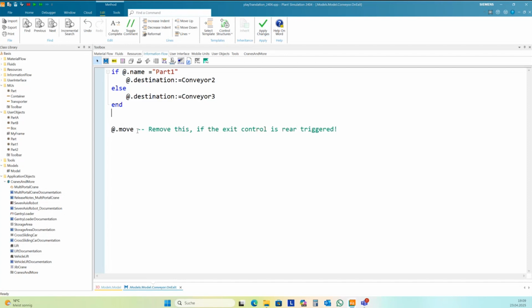It moves this part to my lift here. So it's only to differ between these two part types.